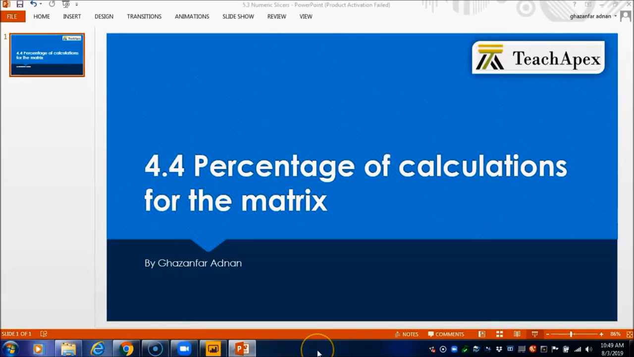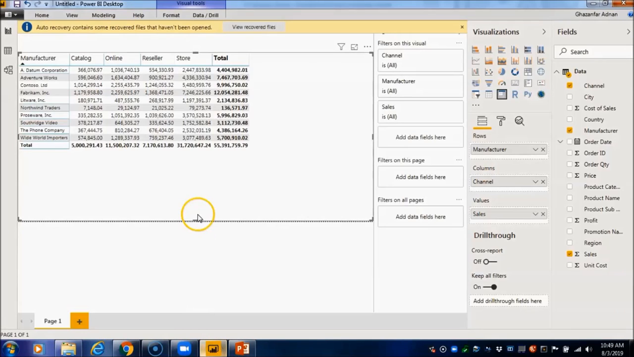Let's go to our Power BI desktop. Over here we have a matrix available, and we can see that the different manufacturers and the different channels have been totaled up, both vertically and horizontally. And what we want to do right now is we want to have a look at our different rows, columns, and our values. So basically what we want to do is we want to change all these values that we have over here to